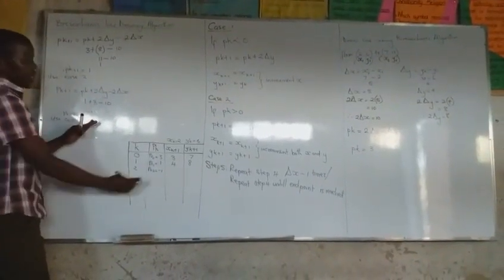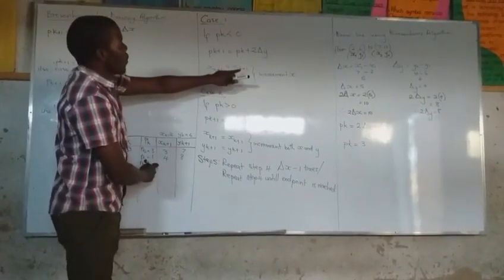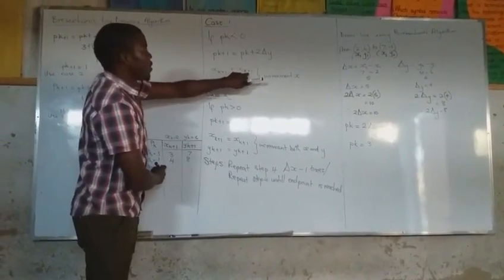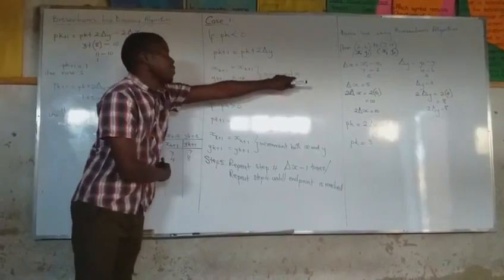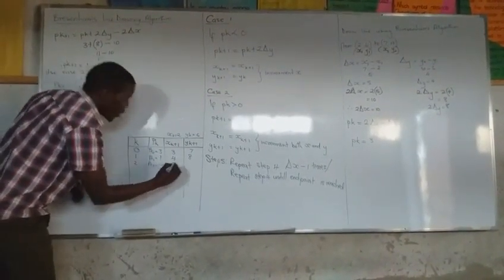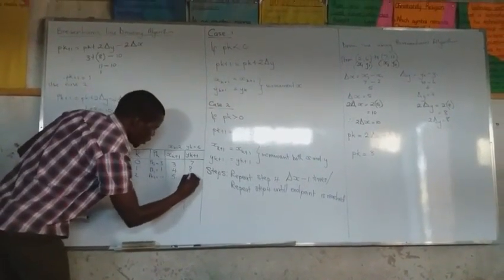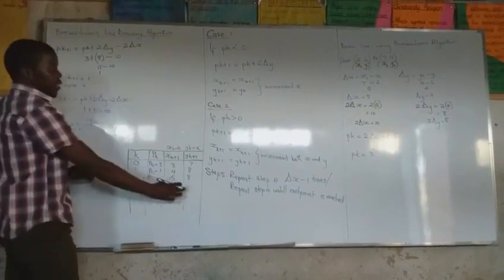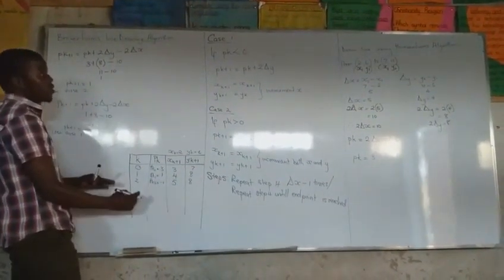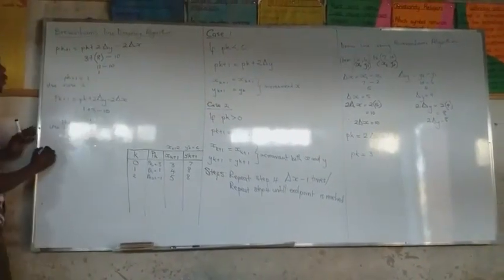So we say if it is negative 1, this is less than 0, we update x, which means we increment x only. So we are incrementing x to 5, and we use the current value for y, which is 8. And for the formula to calculate the next decision parameter, we use the formula from case 1, which is